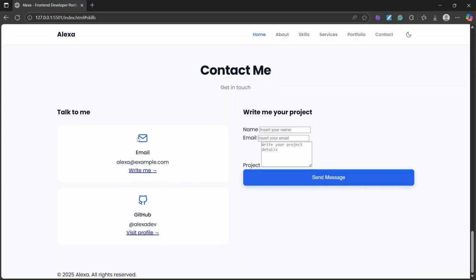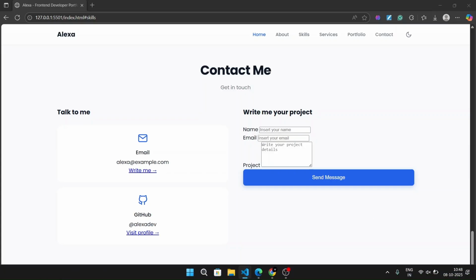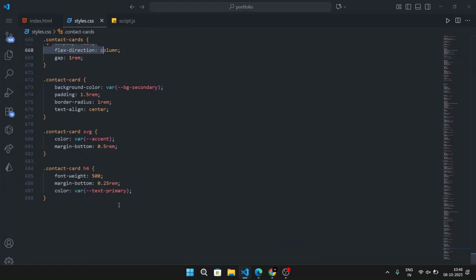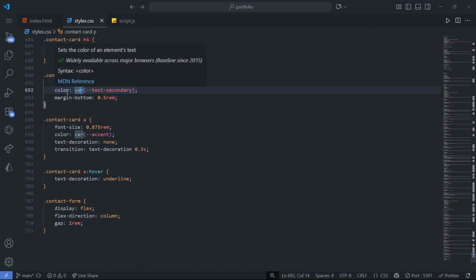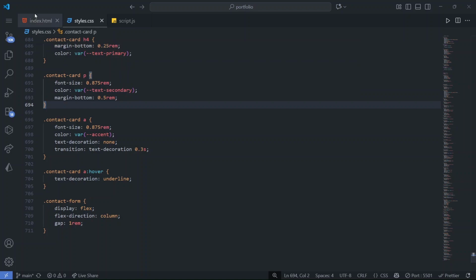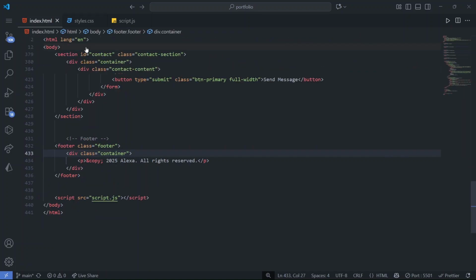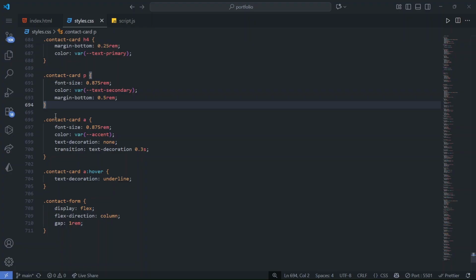So this svg that we applied, and this email, for that also we have applied the style. Then we have a paragraph, this alexa at the example.com and write me link. So how we are going to style all these things? So let's go to our style.css and apply the style. Like on the paragraph I want font size, then I want color. So we have to access each element that we are using here with the help of CSS and apply the